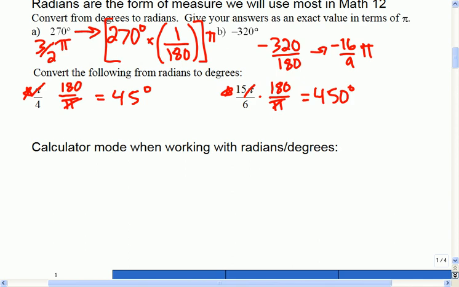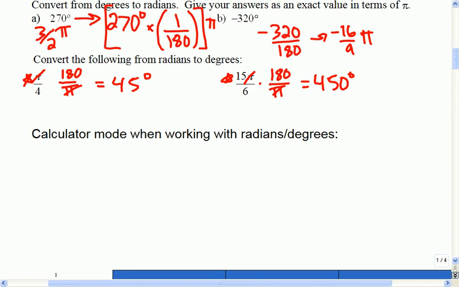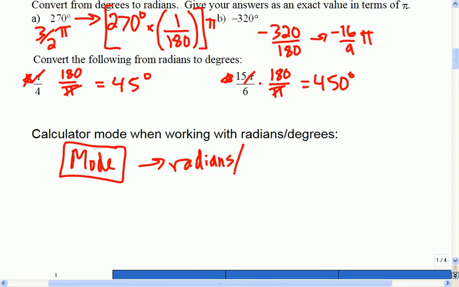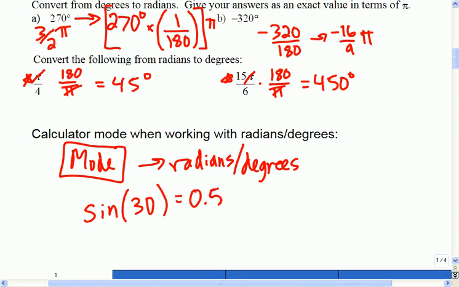So now that we've talked about two modes, be careful when you're working with your calculator. For the TI-83 people anyways, it's the mode button that gets you into radians or degrees. So you need to make sure, because the calculator is not going to warn you, this answer was given in radians or this answer was given in degrees. For example, if I ask for the sine of 30, in one of the modes, I get 0.5. In another mode,